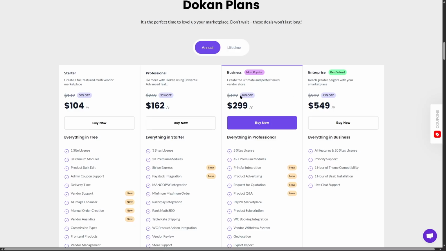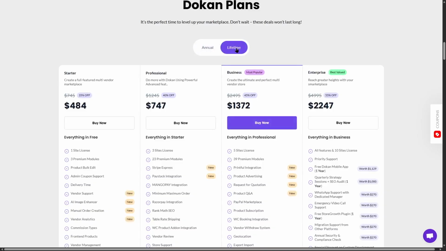Now, it's normally available for $499 a year, but with a 40% discount for this Black Friday, you can get it for $299 per year. The enterprise plan is available for $999 a year, but with a 45% discount, you can get it for $549 a year. If we switch on to the lifetime plans, here you have to make only a one-time payment of